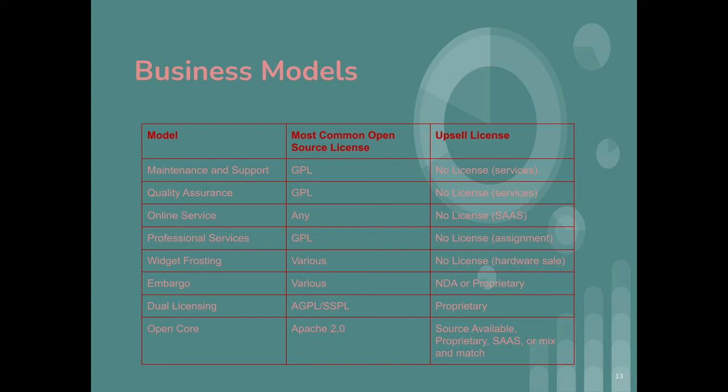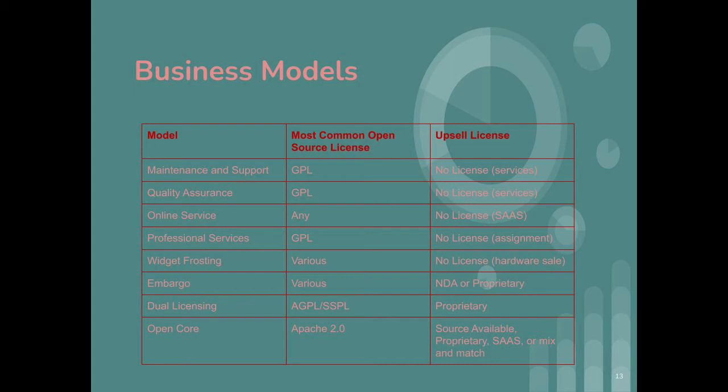For online services, you have the open source software. What's being upsold is the actual online access to the software. And some companies that have this model use their own proprietary software that they don't make generally available in order to serve up and perhaps manage the open source software that they're making available online. So with respect to those additional pieces, there is actually no license being granted, but what's being sold is online